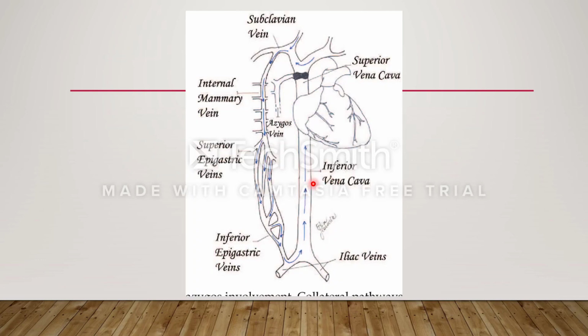So in this diagram, if we assume that the inferior vena cava is blocked, what will happen? All the deoxygenated blood which has come here will go in the opposite direction, in the ascending flow. It will come as backflow. So if the inferior vena cava is blocked, the blood will come back into the iliac veins, the common iliac, then go into the external iliac vein, then the femoral vein, then the great saphenous vein, then the inferior epigastric vein to the superior epigastric vein,